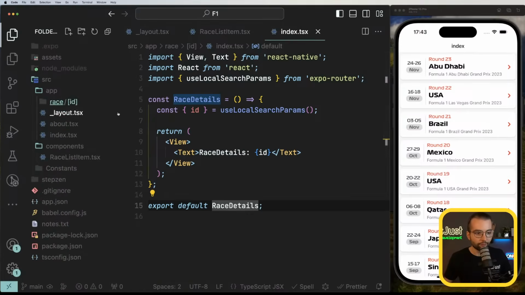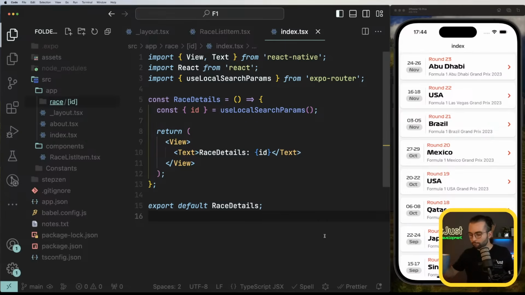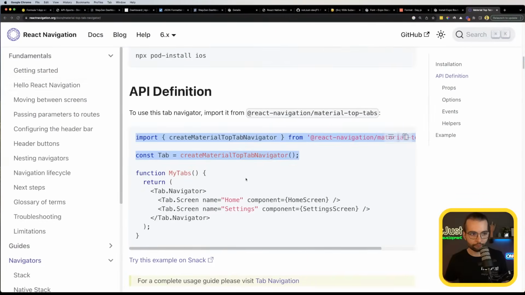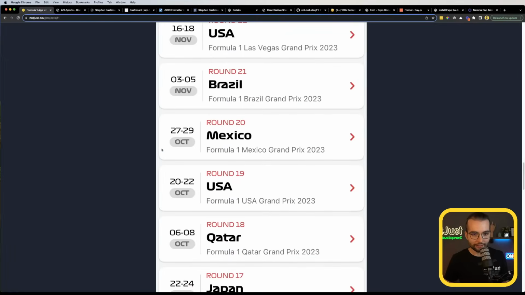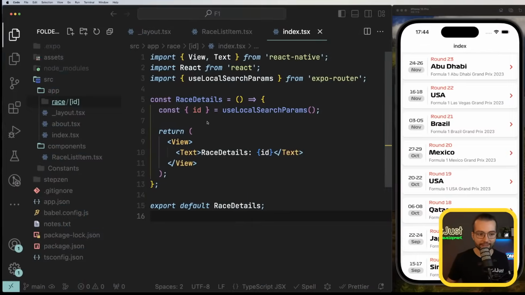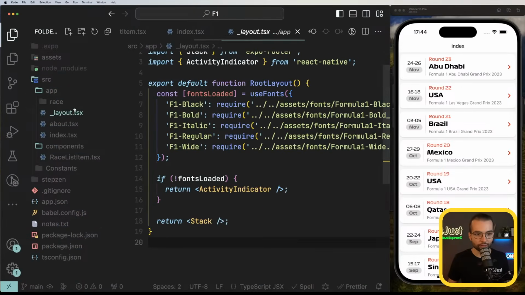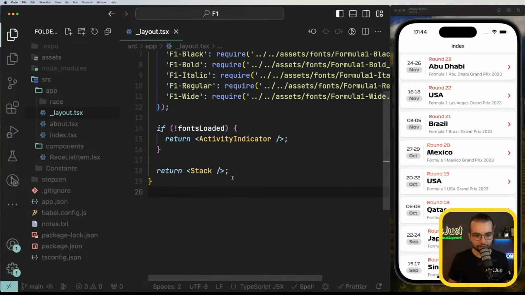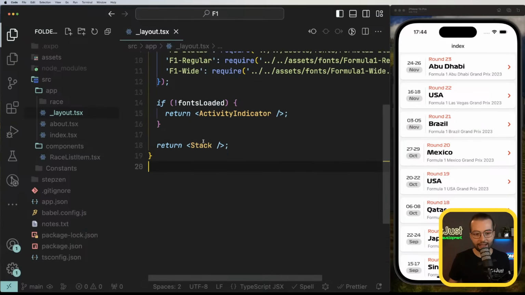Nice. The last step, probably the last step that I want to show here when it comes to Expo Router, is how we can adjust and configure some of the navigation user interface. Starting with the home screen, we see that the header, we want it to be with this red color. So let's go into the root layout. And when we render this tag,